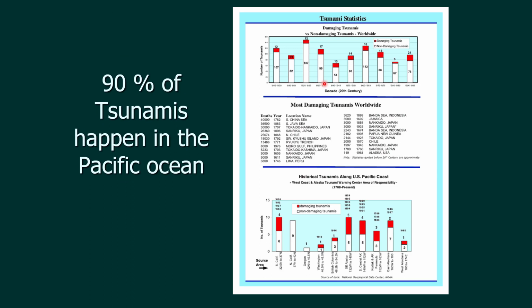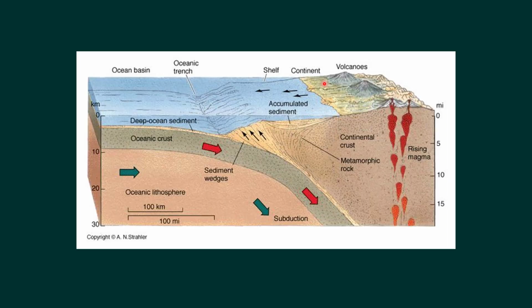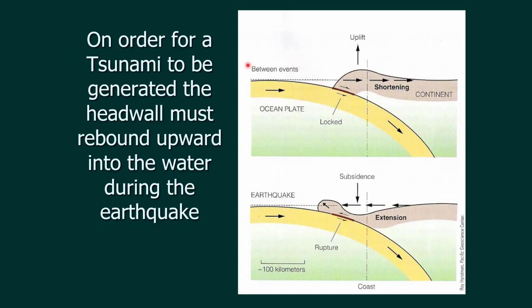Well, most tsunamis happen in the Pacific Ocean. That's where most of them are going to happen, because the Pacific Ocean is surrounded by the tectonic setting that gives us tsunamis. Here's the trick with a tsunami. It's not the shaking. The shaking is not coherent enough to make a tsunami. What has to happen, and I'm going to show you on this diagram, is this plate goes underneath that one. This plate bends downward. And then when it gives, this is the headwall, it bounds